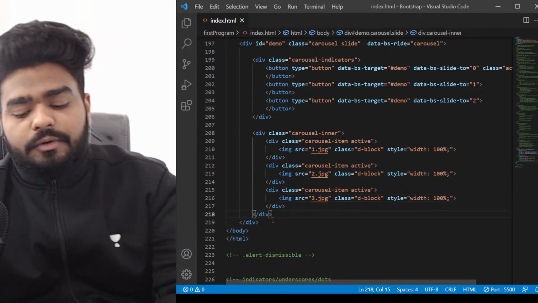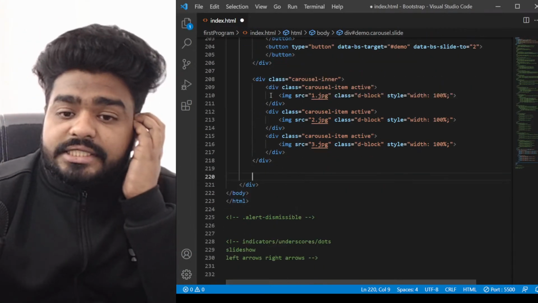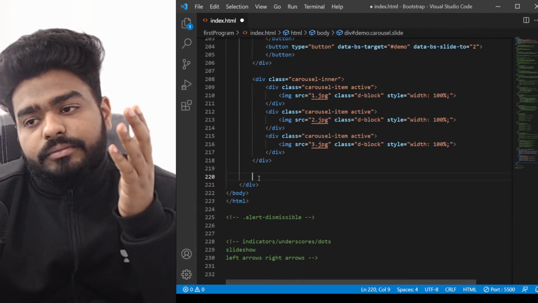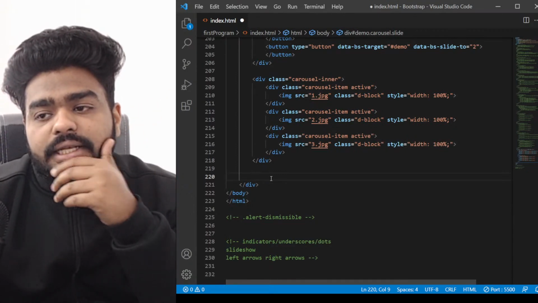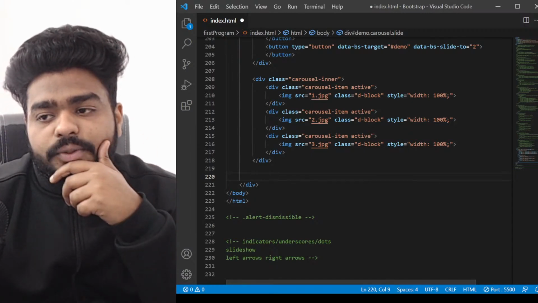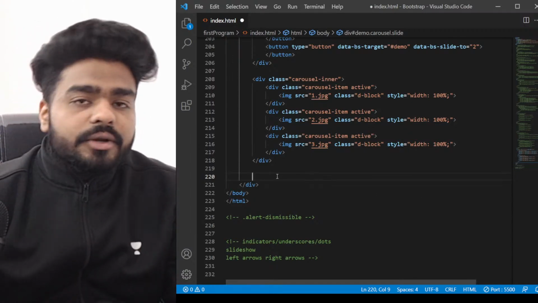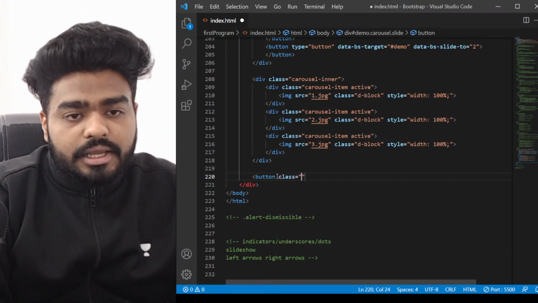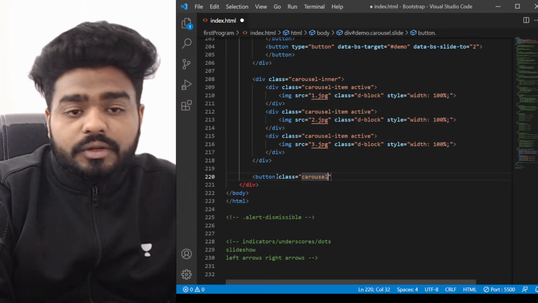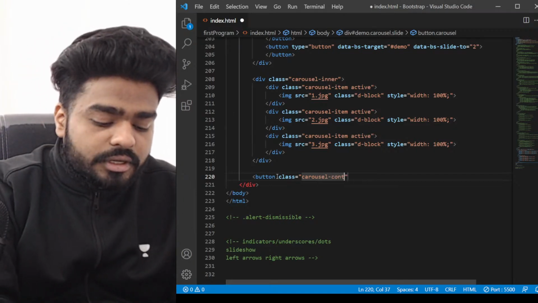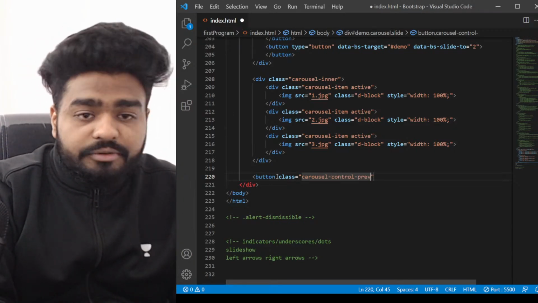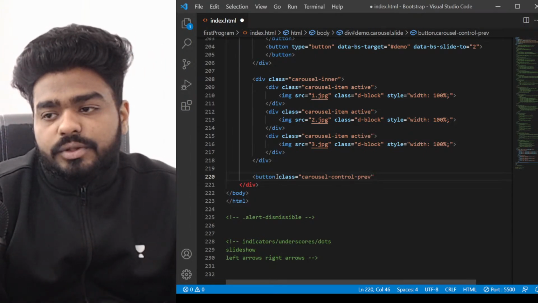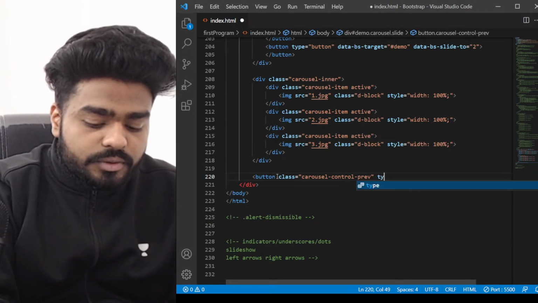So now let's move to our buttons. So this div is completed. Now we are moving into our arrow buttons. So those are the left and right controls. So let's try to create that. Here what we are going to do is we are going to again create a button. So button class carousel, one more class we'll use, which is control-prev, control-next. Those 2 buttons we'll use. The control-prev, we'll use this type